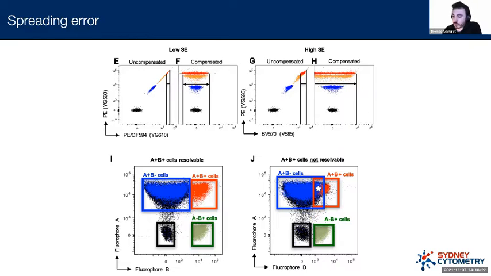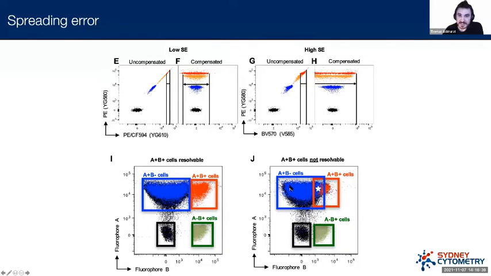In this case, what we wouldn't be able to do is see how many T cells have become activated, because the actual CD3 signal is going to prevent us from doing that. And this is where spreading error becomes a pretty significant problem. Now, there are ways of dealing with this in terms of panel design,